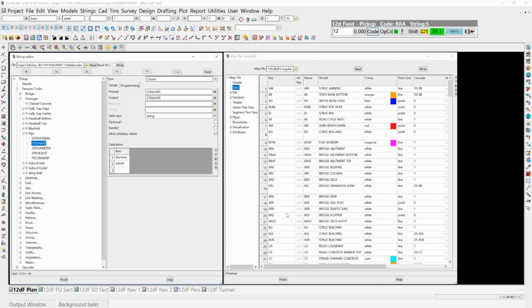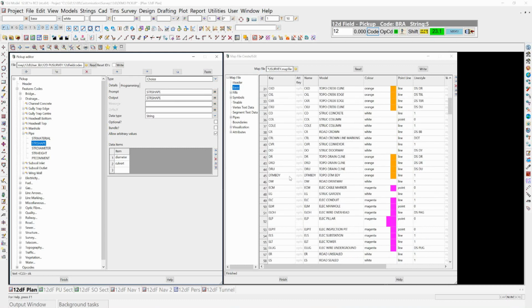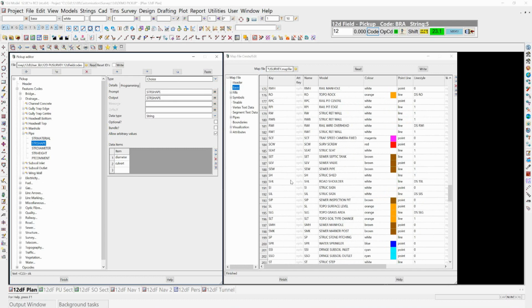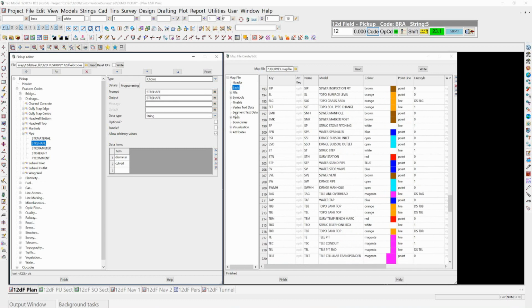The shape key gives you two choices. Again, it's a choice box: a diameter or a culvert. And then if we go back to the field file here for this choice box, you can see here,